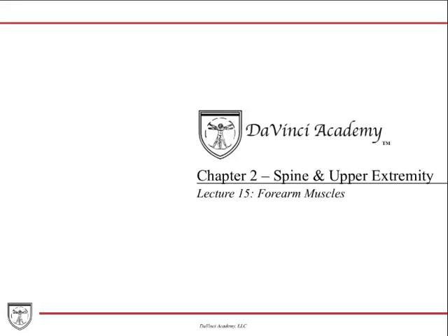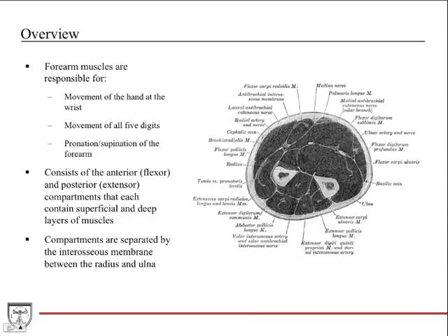Alright, in this lecture we're going to talk about the forearm muscles. There's a lot of muscles in the forearm, so we've got a lot of work ahead of us here. So let's start with an overview. In general, the forearm muscles are responsible for a number of movements. Movement of the hand at the wrist joint, so flexion, extension of the wrist, abduction, adduction of the wrist. Movement of all 5 digits, so flexion, extension of the fingers and the thumb, and then pronation, supination of the